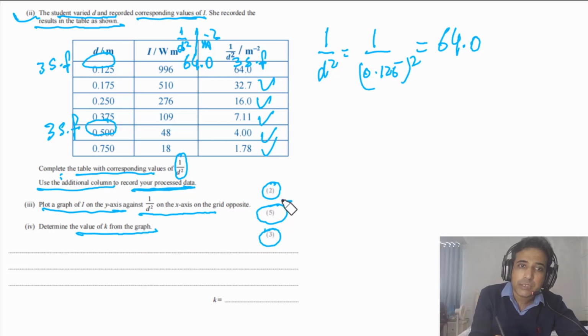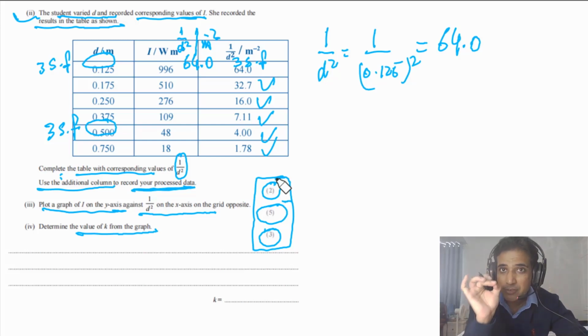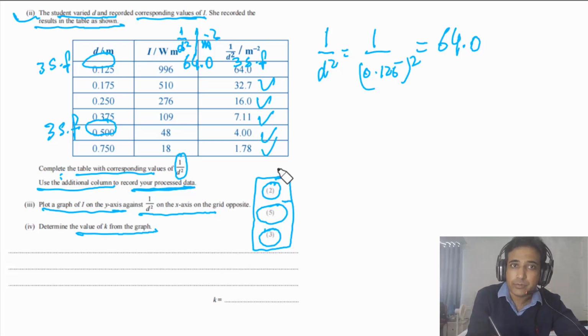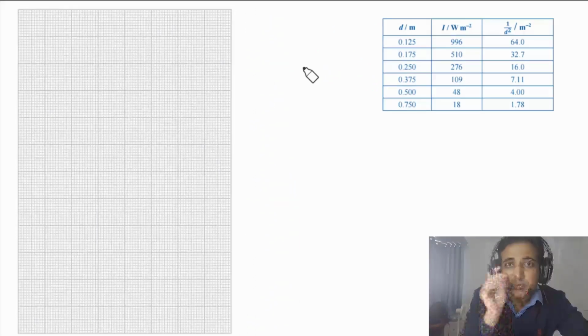So you can see this one has 10 marks, meaning you need to complete the table, you need to draw the graph, and you need to calculate the gradient. If you do this, it has 10 marks. So you have to be very careful with this part of the paper, because this question can improve your grades and give you a higher score in this paper. So try to master this type of question, meaning questions about graphs. So we will go to the next page and sketch the graph, and then we will find the gradient. Now let's try to sketch the graph.